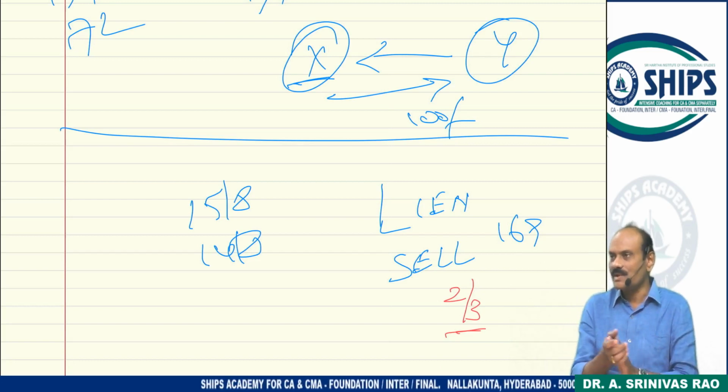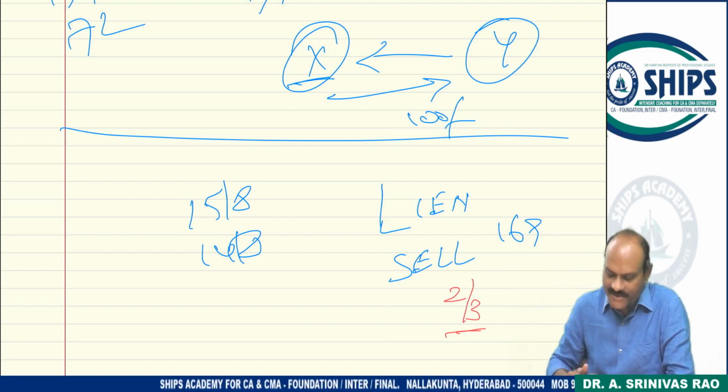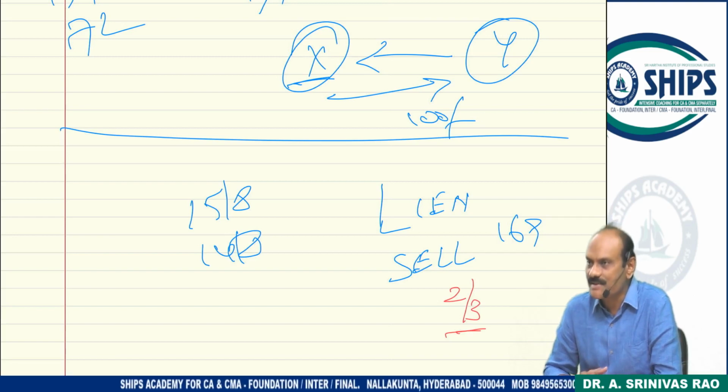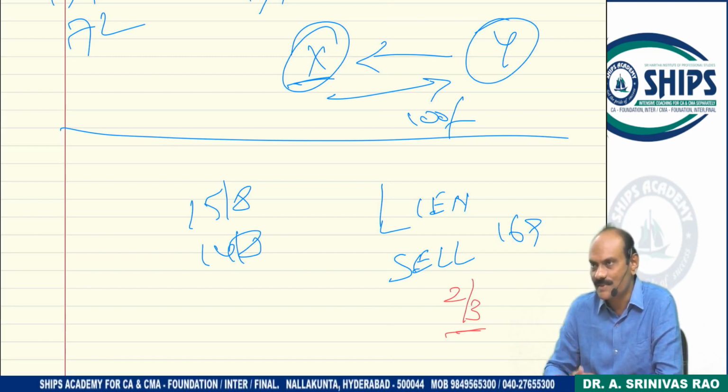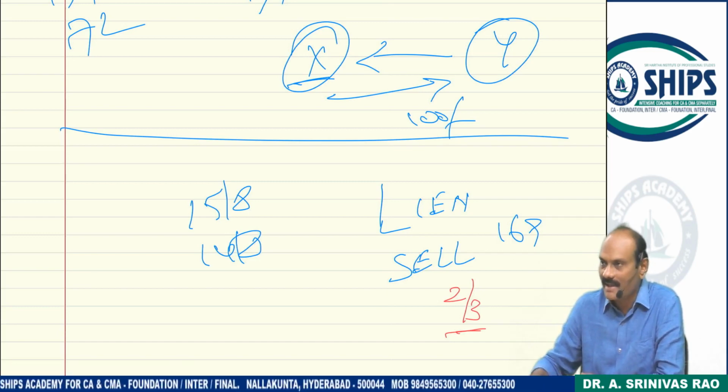Anyway, this is about quasi contracts. This is for the day. We will see the remaining types of contracts tomorrow. And from now onwards, you can have continuous sessions, except probably on Monday. I may